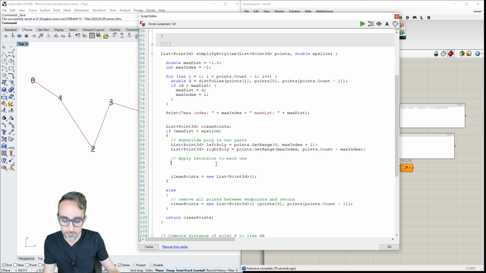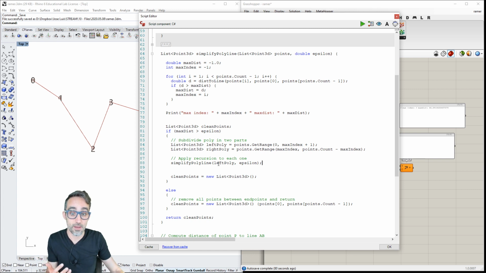So I'm going to say I want to simplify now the left poly, and I want to use the same epsilon that I've been using before. This function is going to give me as a return a list of points that has been simplified.